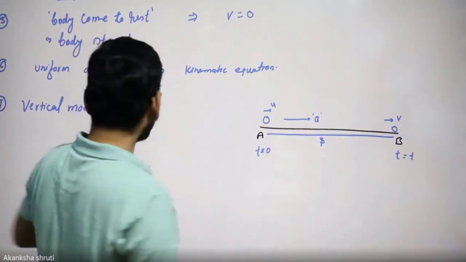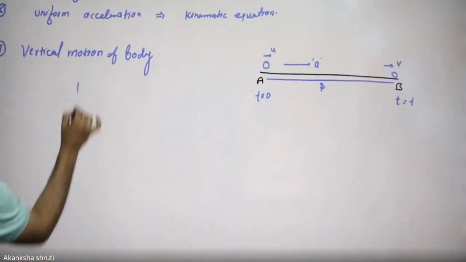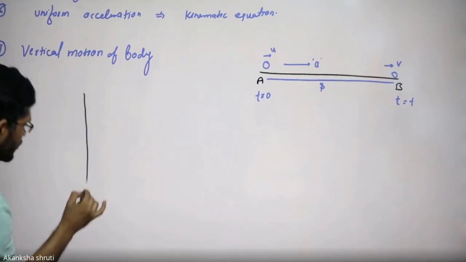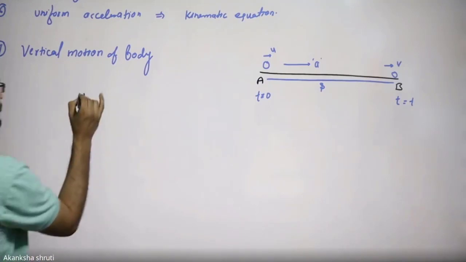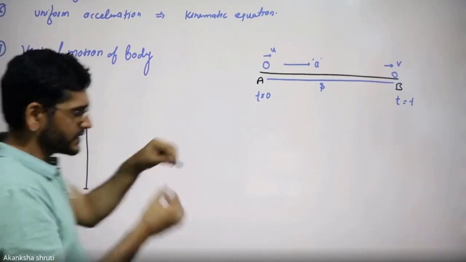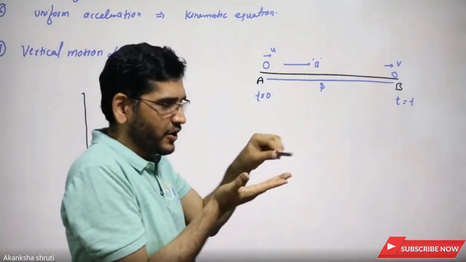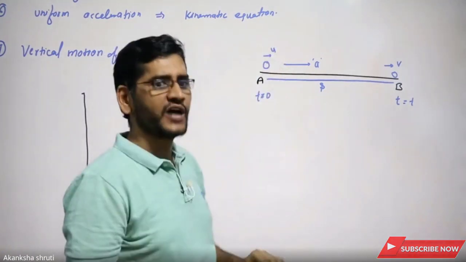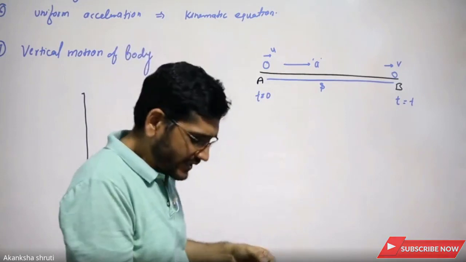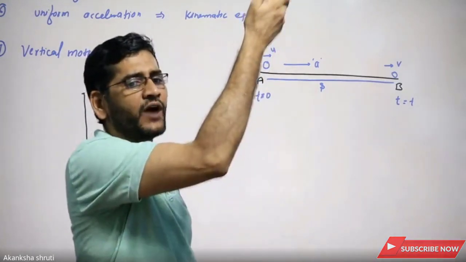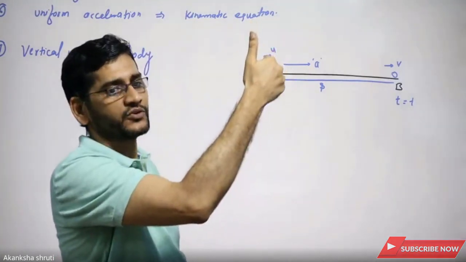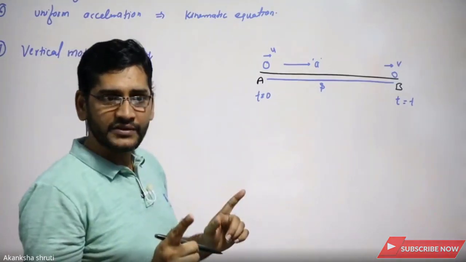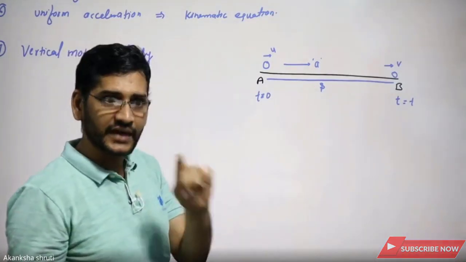But what about if the body is under vertical motion? Keep in mind, student, a body under vertical motion has some special feature. What is that? If I am pushing it on the plane or on the ground, it is horizontal motion. But if I just leave it, it will start moving downward. It is vertical motion. Or if I throw the ball exactly upward, it is vertically upward motion. So when there is vertically upward or downward motion, how is the sign? How is the acceleration? That is another important thing.